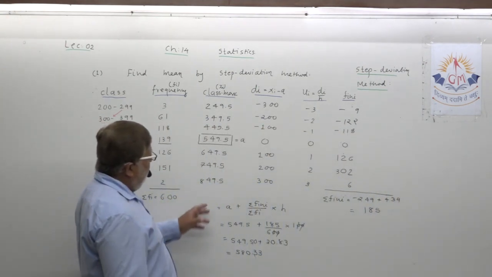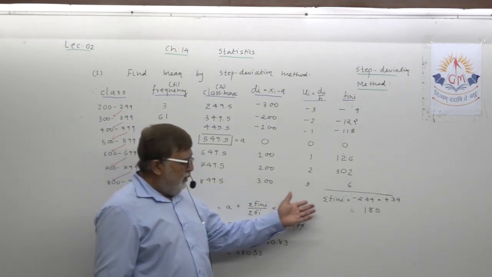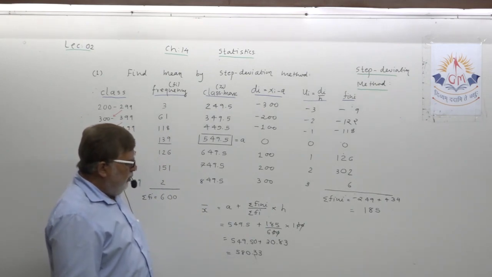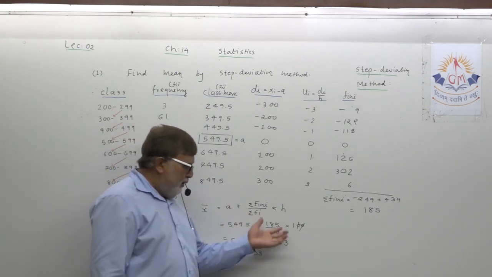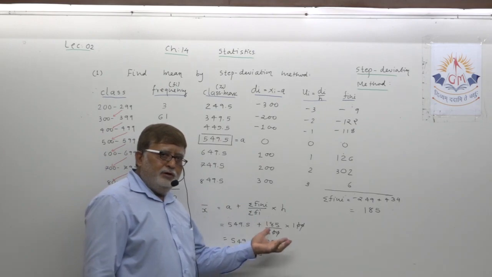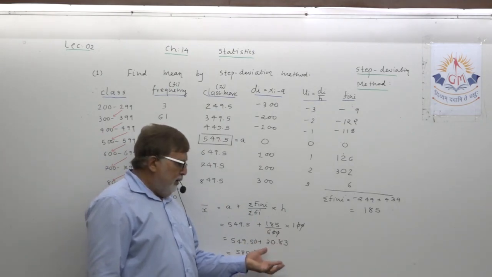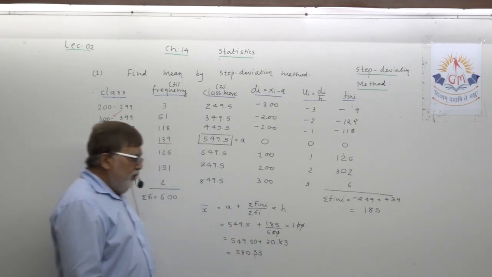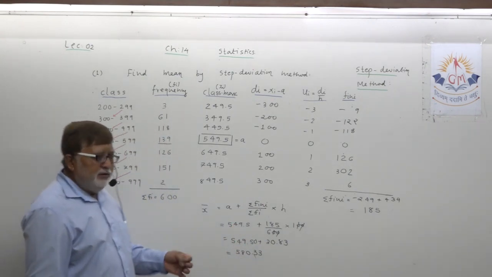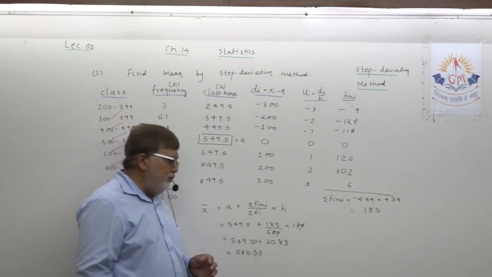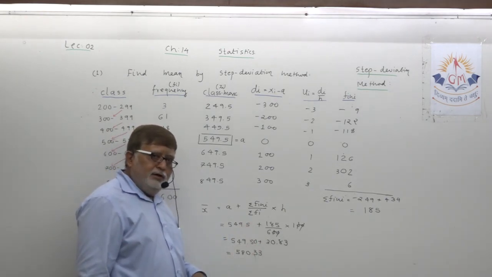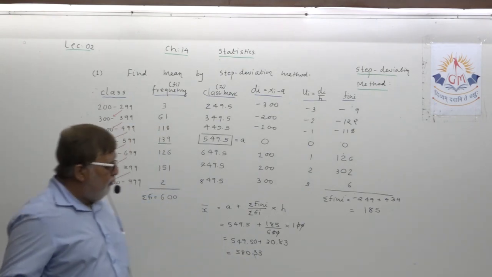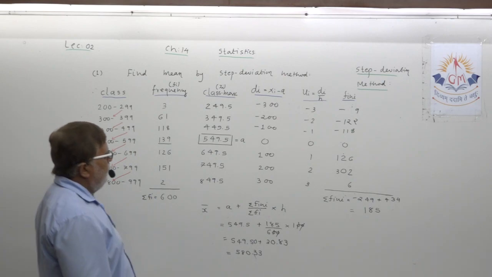Sometimes the mistake may take place in finding sigma fi ui and then substituting values, and sometimes the mistake may take place in division, addition, or subtraction. Some minor mistake, and you will lose the whole total mark in the example. So be very conscious when you do any cancellation and division. Now dear student, one more thing.